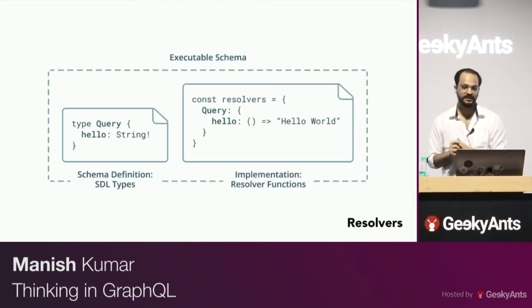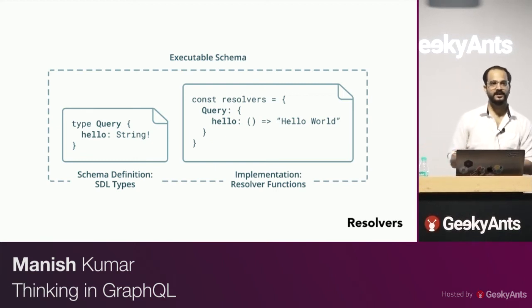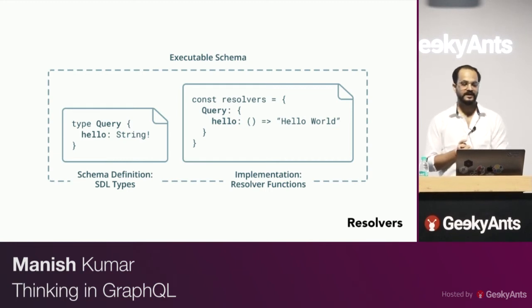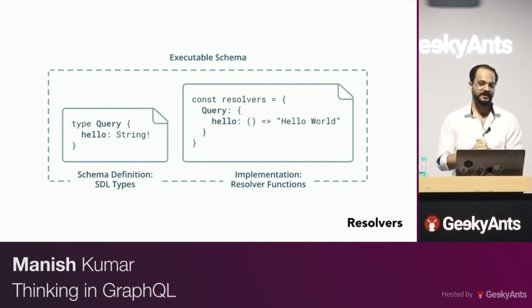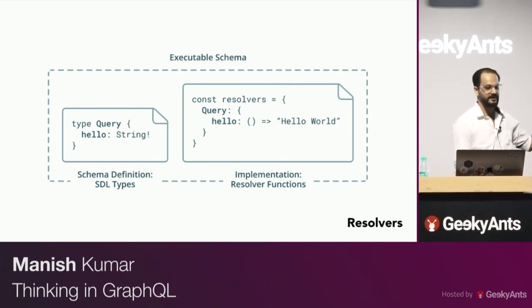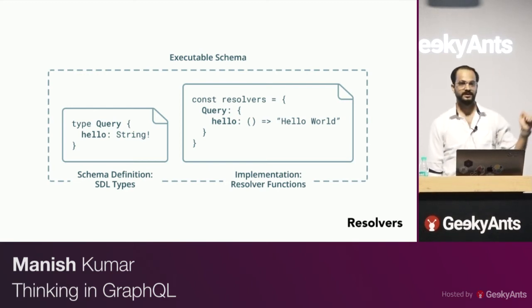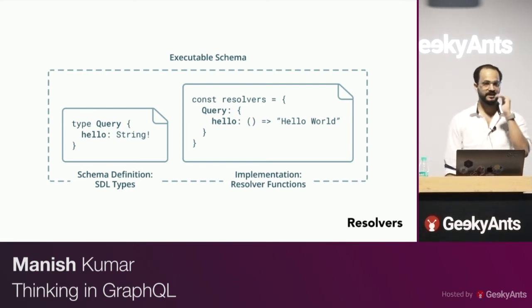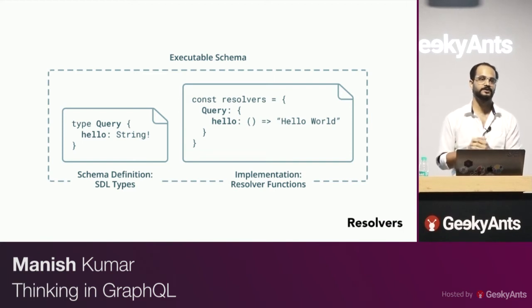Okay. So what is interesting about GraphQL is the resolvers. If you have a type of hello, and you can query for that, which is of type string, in resolver you have to write exact same thing for that particular type. So for hello, you have to write something which resolves that particular field. And for each field, you have to resolve it. Otherwise, GraphQL will not be able to execute any of your other pieces.